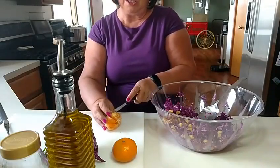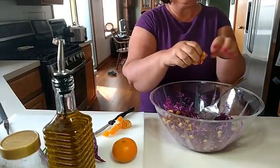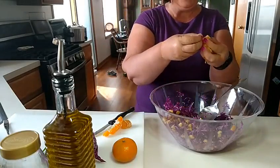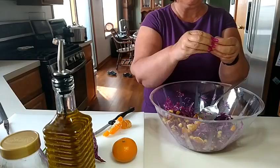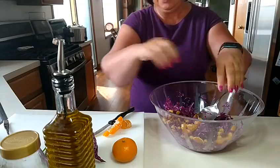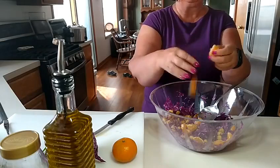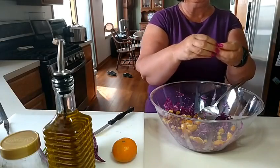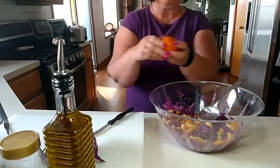We also want to add some cuties. I love cuties just because they're fun and they're tiny, full of vitamin C, and just so easy. With the fortified diet that I adhere to, 1 cutie is 1/2 a serving, and we're looking to have a cup of fruits a day. So really having that